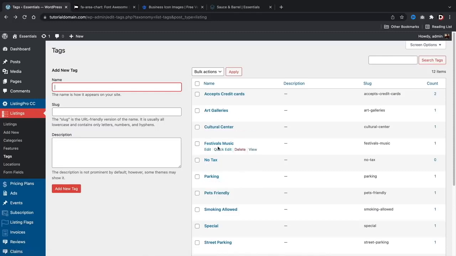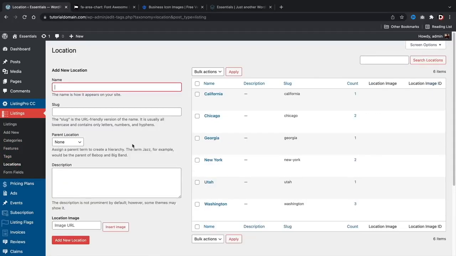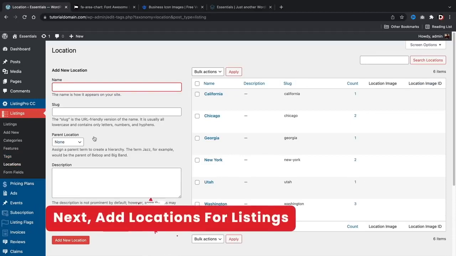So just make sure that you add tags to your site that helps users navigate your site a little bit easier. So now that we covered the category, the features, and the tags, now let's talk about locations. So next we have locations, and these are the locations that your users will submit when they are listing listings